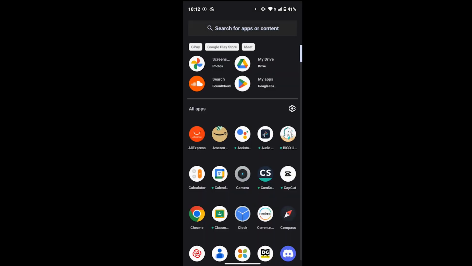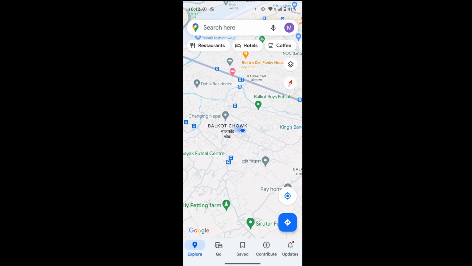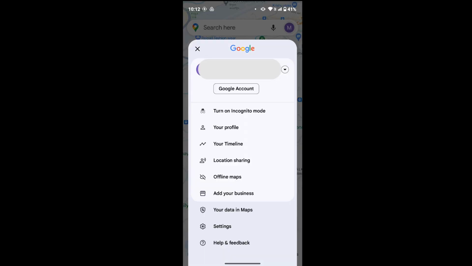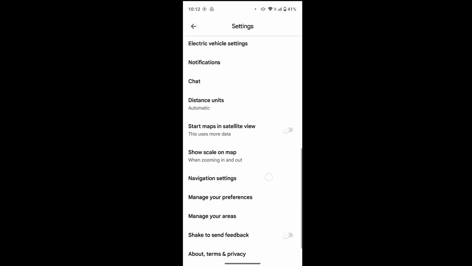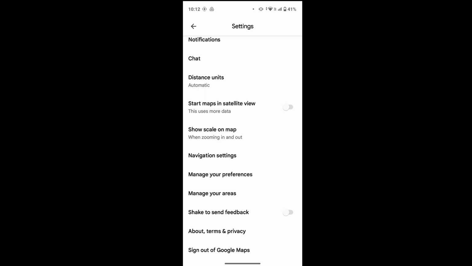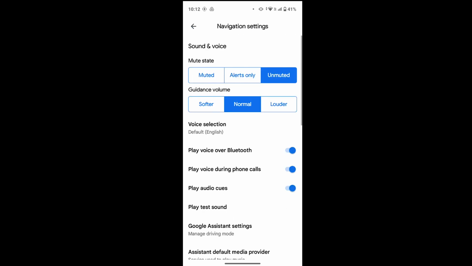First of all, open Maps on your device. After that, at the top right hand side of your screen, you will see your profile. Go to your profile and then again go to settings. Now once you're at this interface, scroll until you see navigation settings. Now when you see navigation settings, again tap on navigation settings and here you will have all the settings related